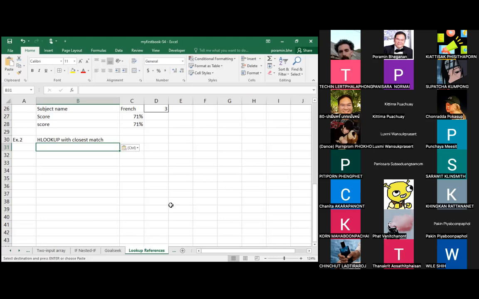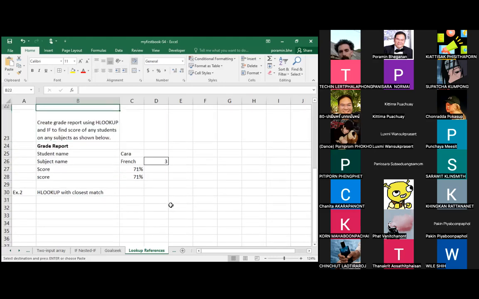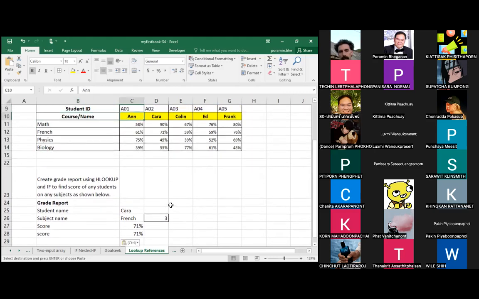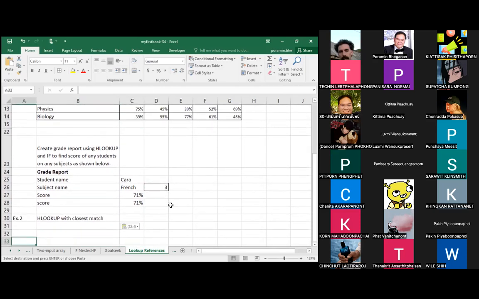You can see that for the HLOOKUP with the exact match, we use HLOOKUP to search for text like this, which is a specific value, right? But in terms of the HLOOKUP closest match, normally we use the closest match when you have a range of data to justify, for example. In this one,